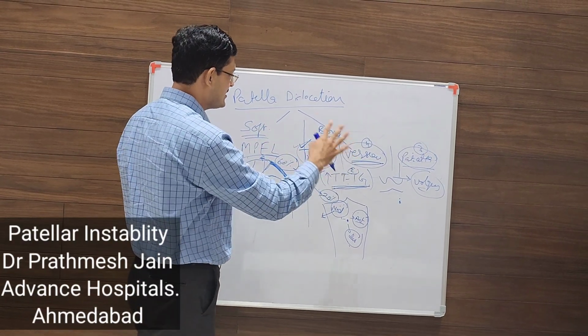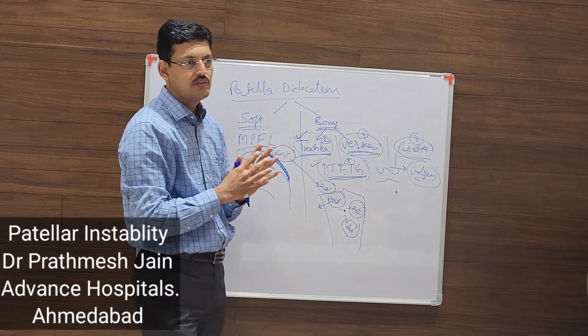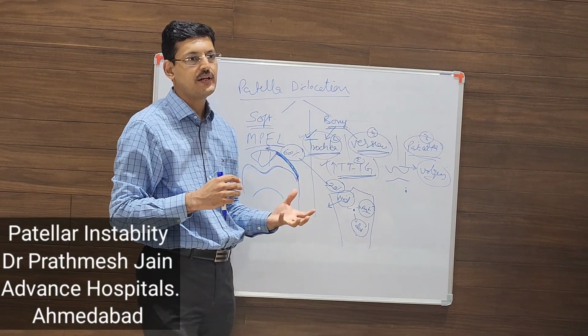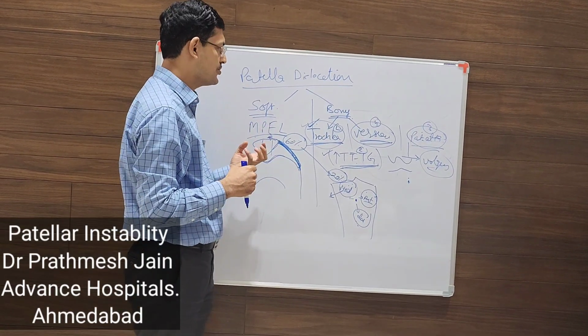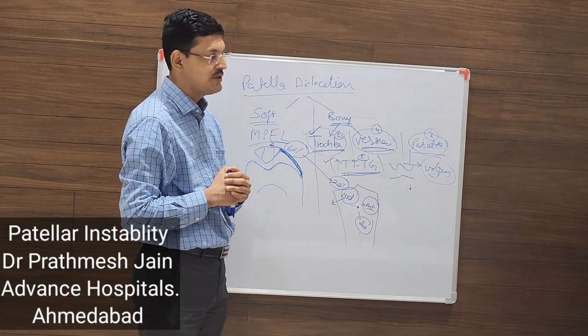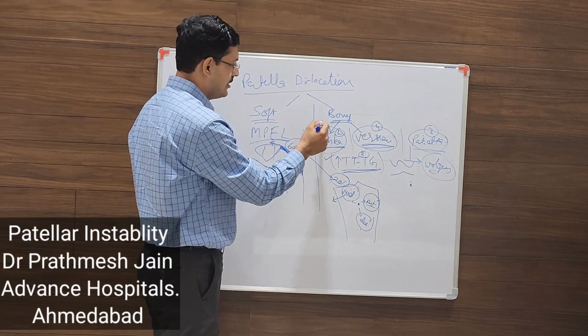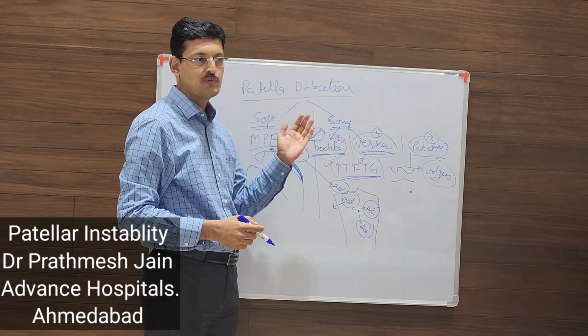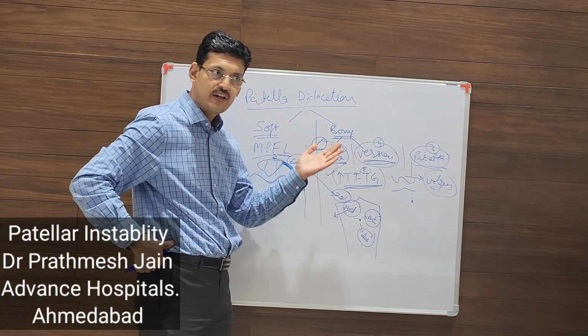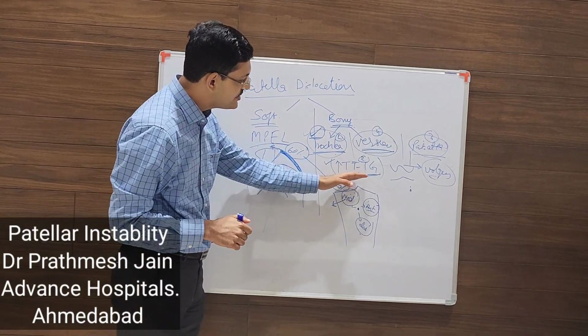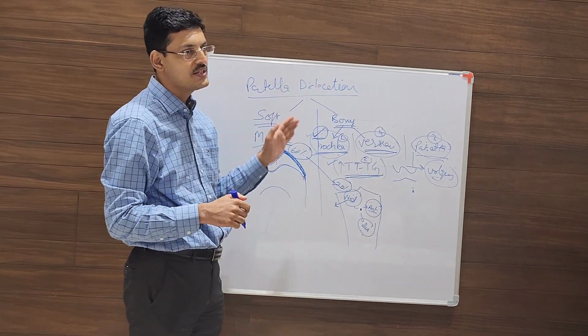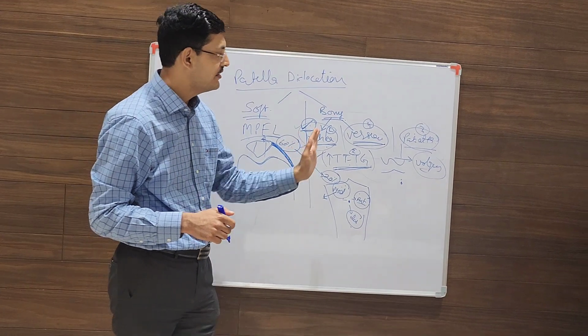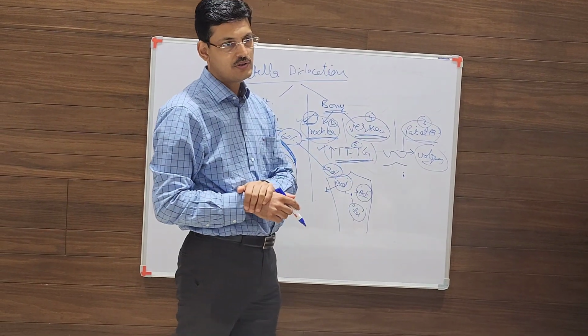But by and large, this is a rough idea that you should know about recurrent patellar dislocation, approach, and how to treat it. But you should go home and read this, specifically types of trochlea, types of trochleoplasty, classification of trochleoplasty, TTDG distance, how much it is normal, how much it is abnormal, and when you want to do what. So these are the things that